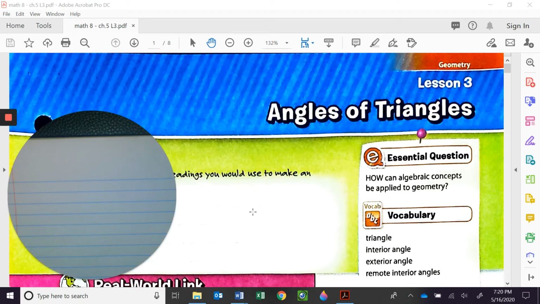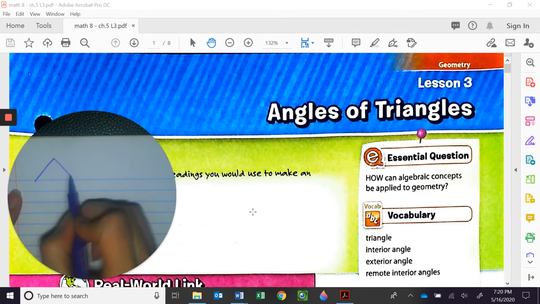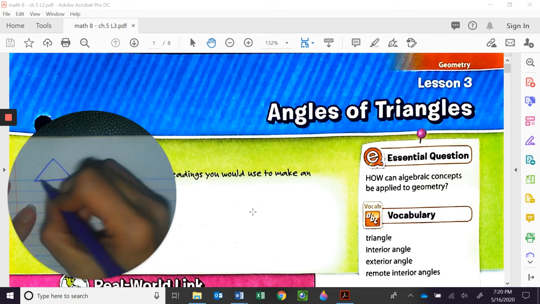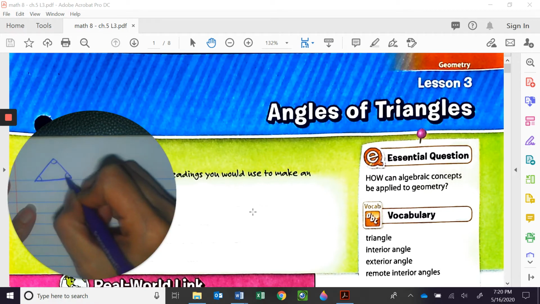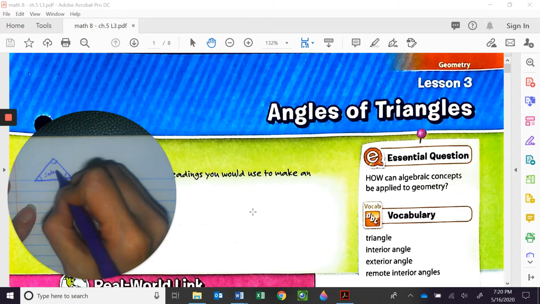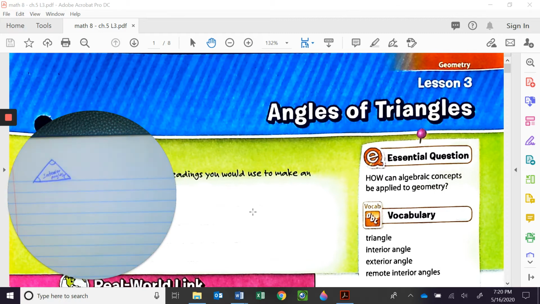All right, so lesson 3 is about angles of triangles. So remember that a triangle is a three-sided figure, okay? We have interior angles because they are on the inside. Okay. And then we can also make exterior angles by